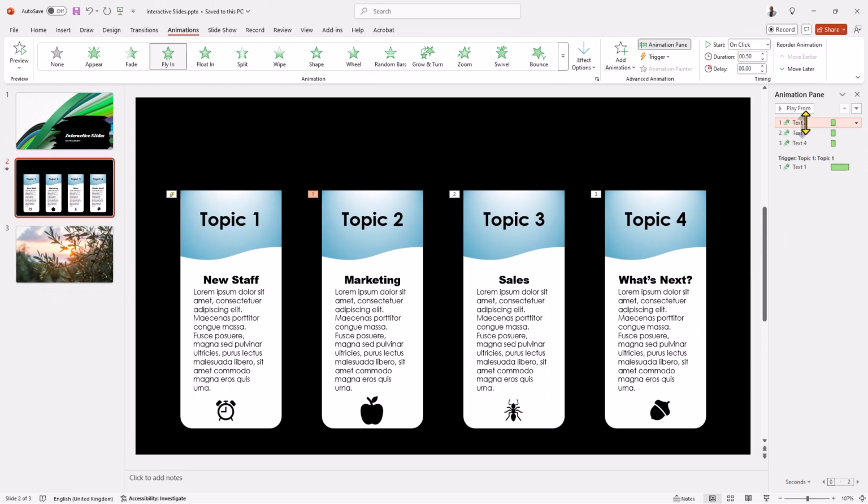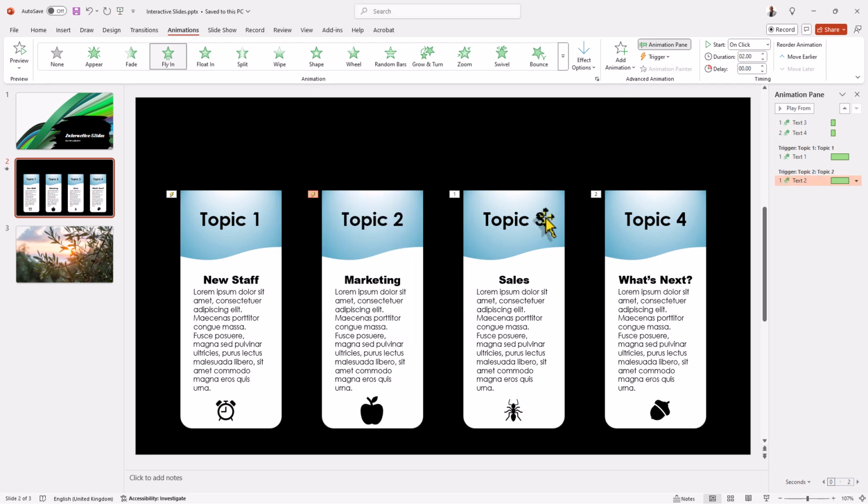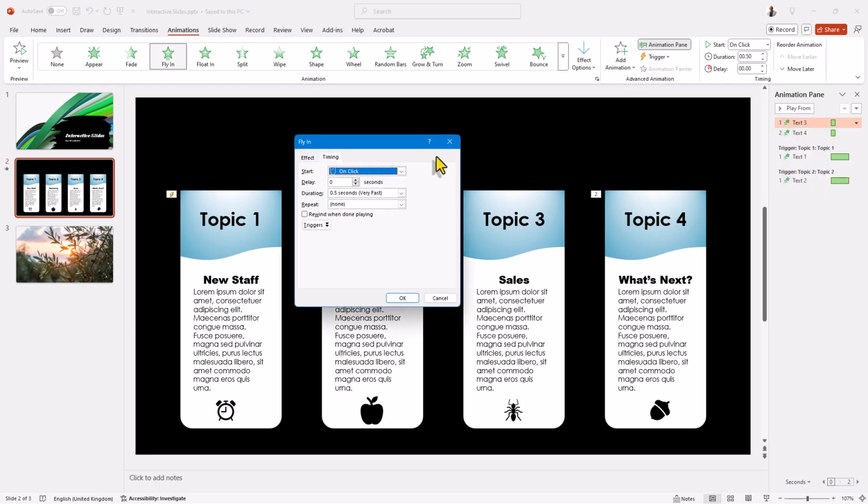So now do the same for each one. Go to text 2 on the right hand side here, right click and timing. Let's change it so it's 2 seconds, trigger, start effect on, and we'll have that starting on topic 2. And then we do the same for the next one. We go to text 3, right click, timings, get them all the same speed, so 2 seconds, trigger, start effect on, and we want that to start when we click topic 3,